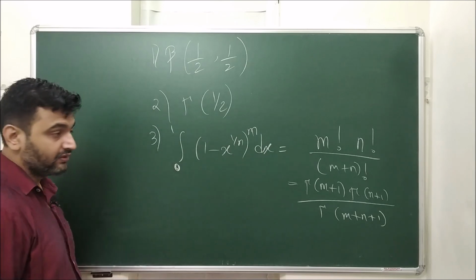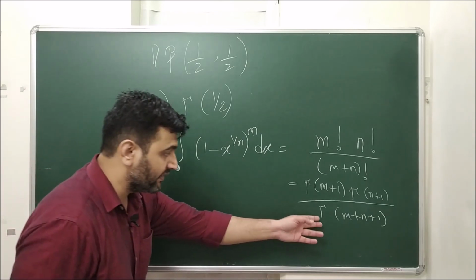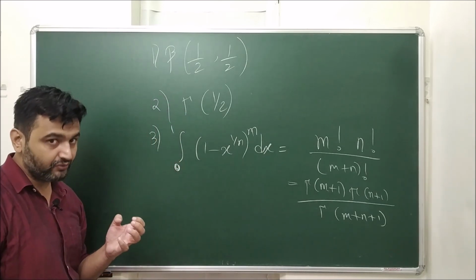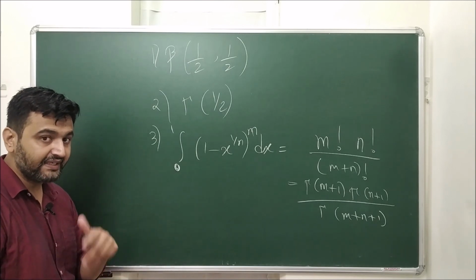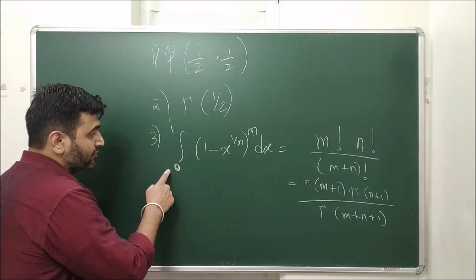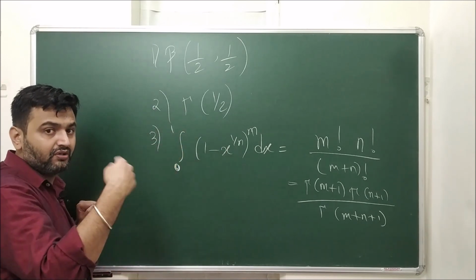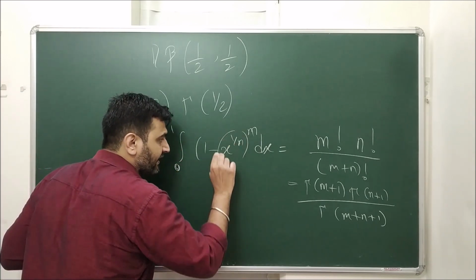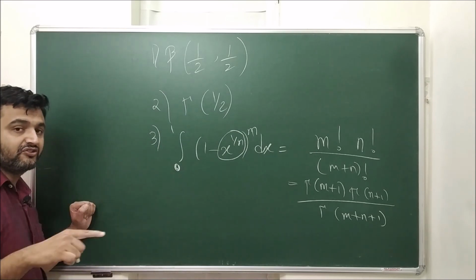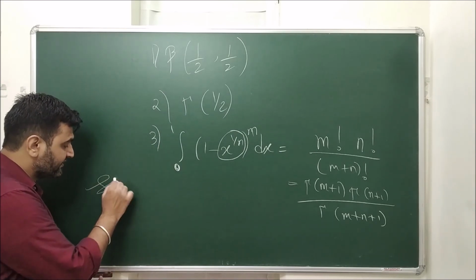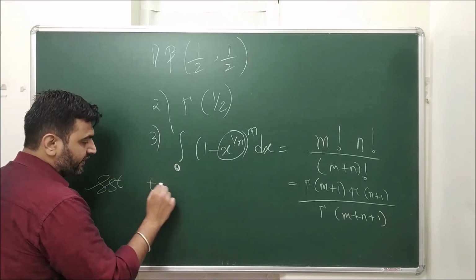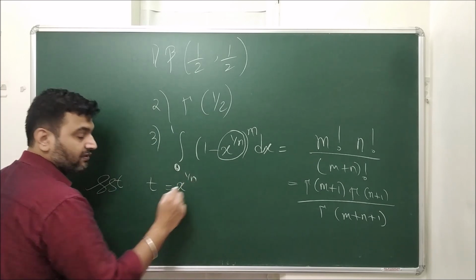Now let's go over here. Here is 0 to 1 and here is gamma. So I know that the beta function can be used because there is a connection between beta and gamma function. So it is 0 to 1, but in the beta function I have 1 minus t raised to m or some power. So instead of this, I have t in the picture in the definition of the beta function. So the obvious substitution you will think of is, put t equal to x raised to 1 by n.